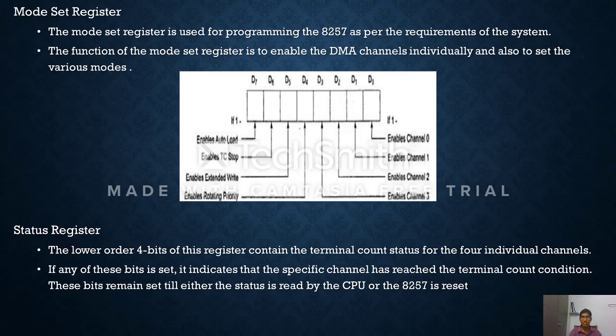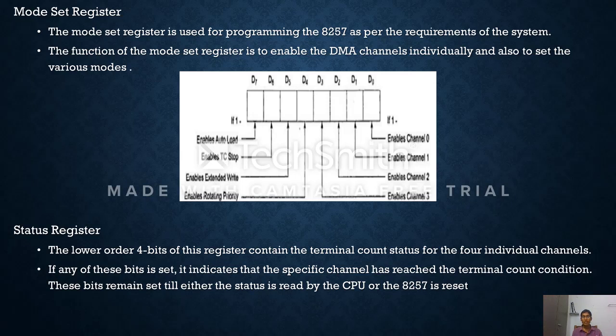And also the picture here shows how we can enable different channels, and how we can select different functionings as per our requirement. For example, you can see here that by enabling the D4 bit we can enable rotating priority. And what is this rotating priority? Rotating priority means that suppose the order of the channels is A1, A2, A3 and A4. First the bits are transferred to A1, and then next they are transferred to A2, and then next A3 and next A4. So it rotates again. So this is called rotating priority.